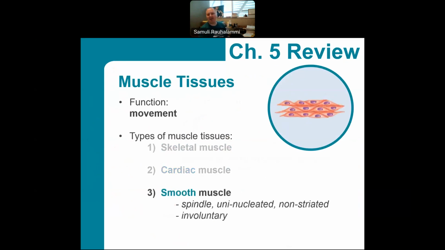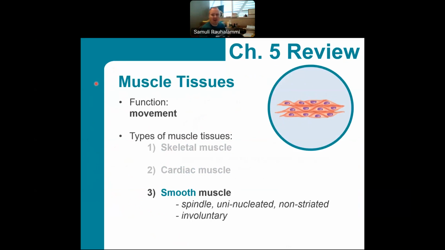And let's finish off by looking at the smooth muscle cells. Smooth muscle cells are often spindle shaped, but this shape can change a lot depending on how the muscle actually contracts. They do have one central nucleus. They do not have any striations, so the cytoplasm is clear. And again, these are under involuntary control. Remember, we saw smooth muscles, for example, regulating the vessel diameter within the blood vessel wall, or, for example, within the digestive system.